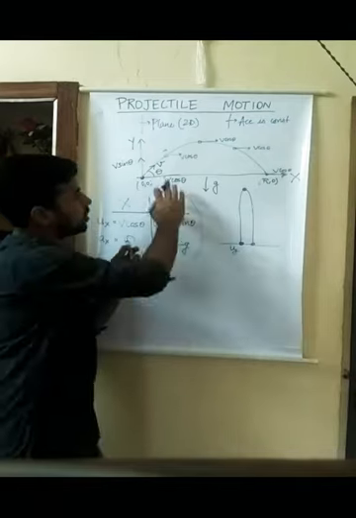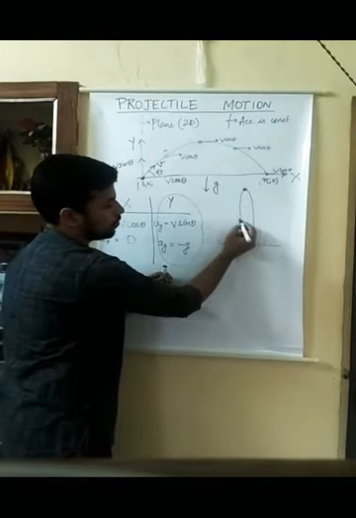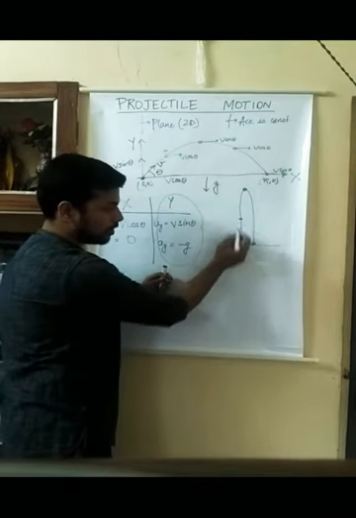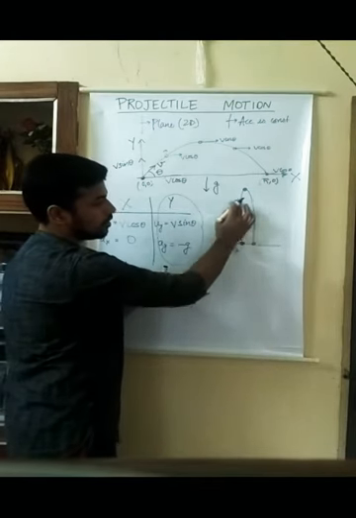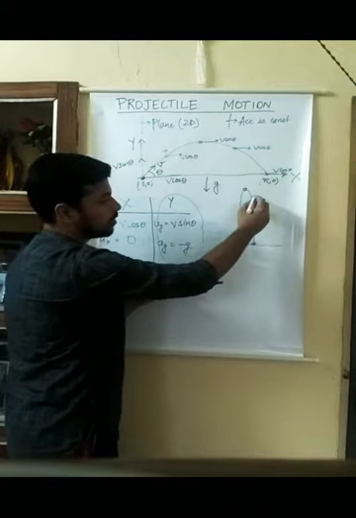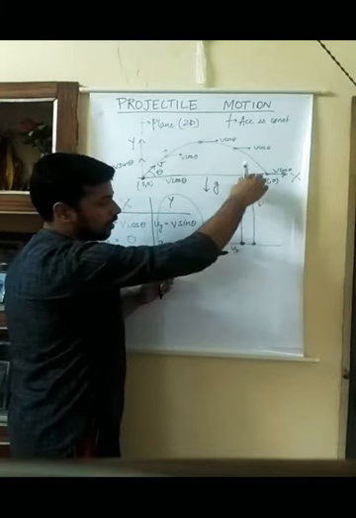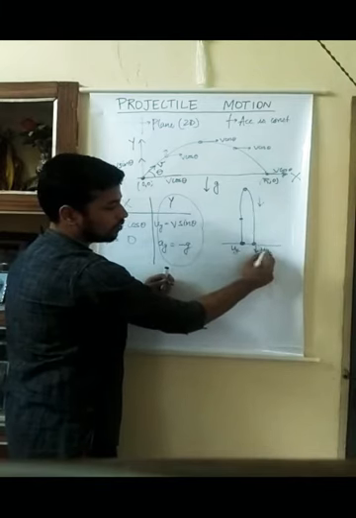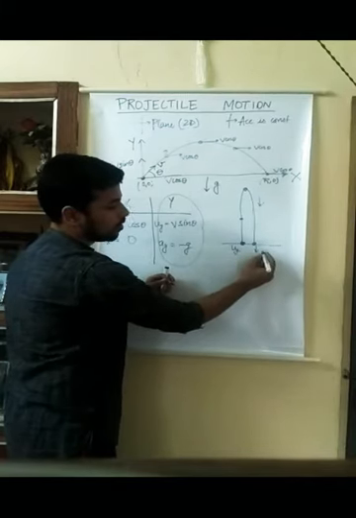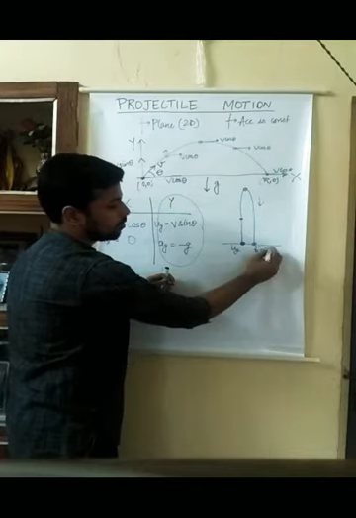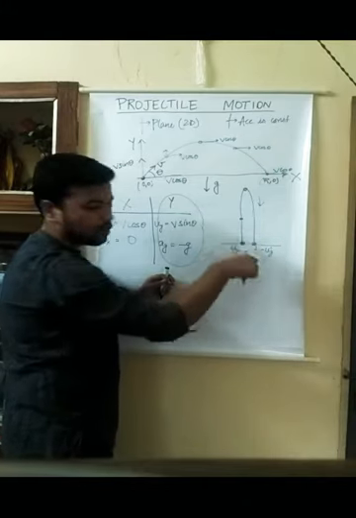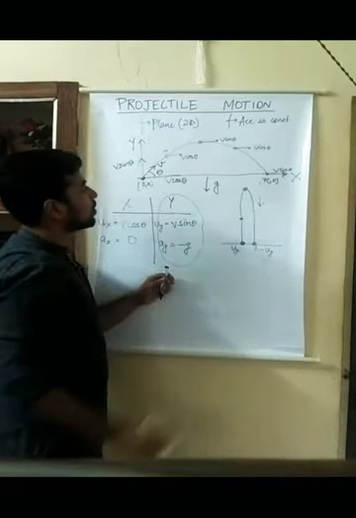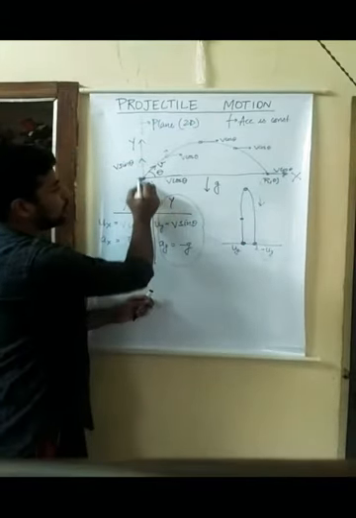Corresponding to this, if the ball is here, vertical velocity uy would decrease, and slowly decreasing it will reach 0, and then the direction of velocity would change and it will again start increasing, and as it reaches here, velocity will again be minus uy. So velocity would be in the downward direction and will be given by minus uy. Similarly, here velocity is v sine theta.